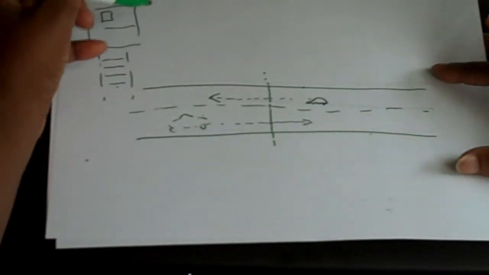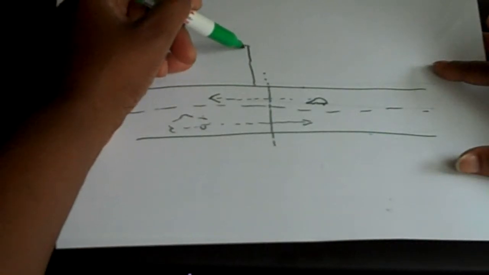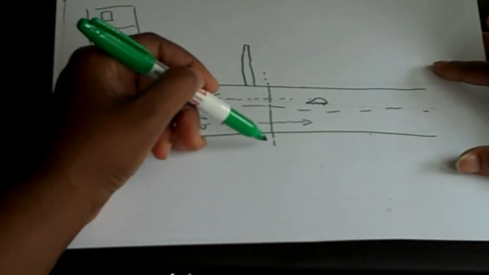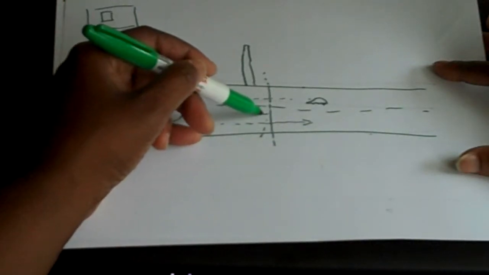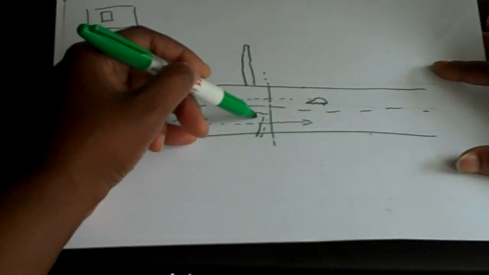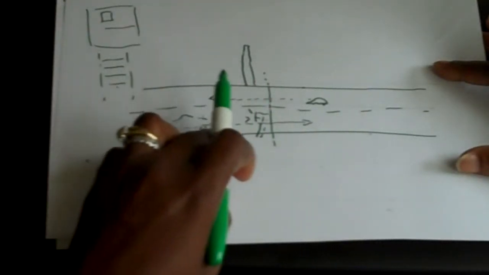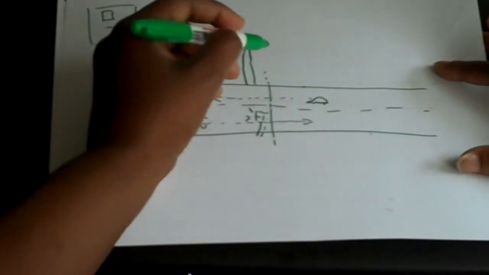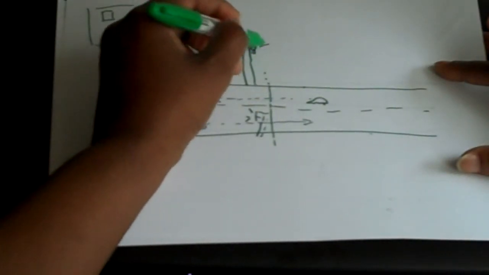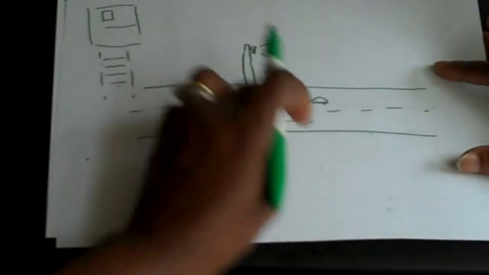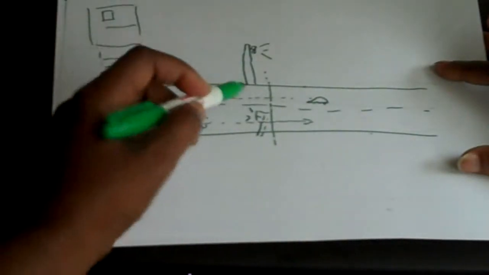And then there's this light here, and then there's a light here, and the light here flashes and tells these cars that are going this way to stop, and the light here flashes telling the cars that are going this way to stop, so that the bridge can come up. Anyway,